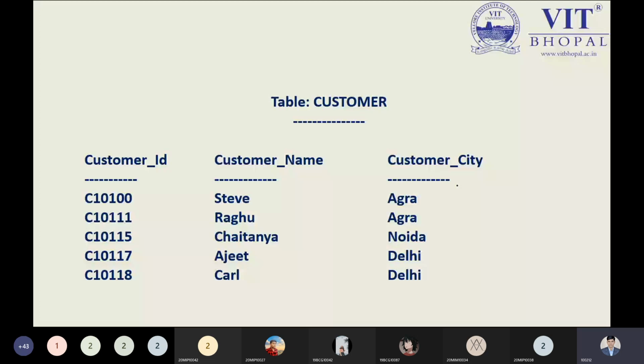From this table, I have a simple question right now. Can anyone tell me the query in relational algebra? I am remembering the query in my mind.